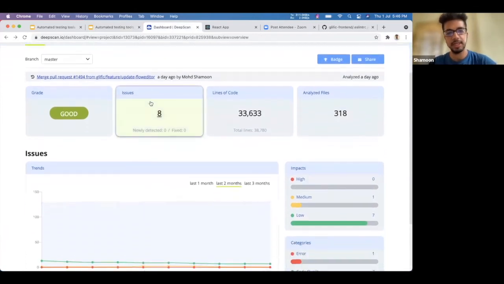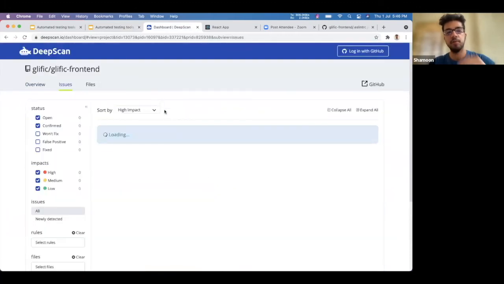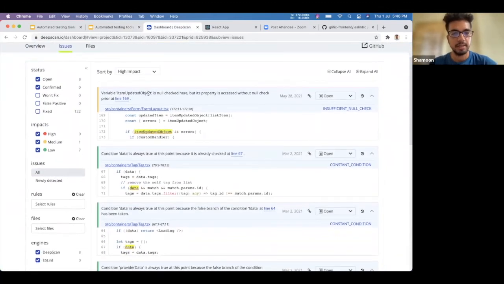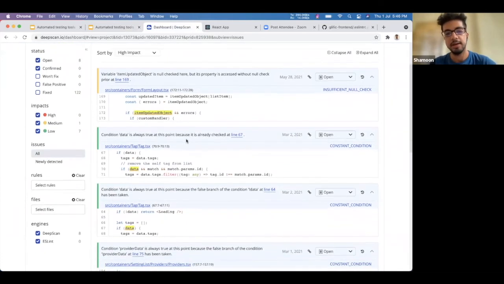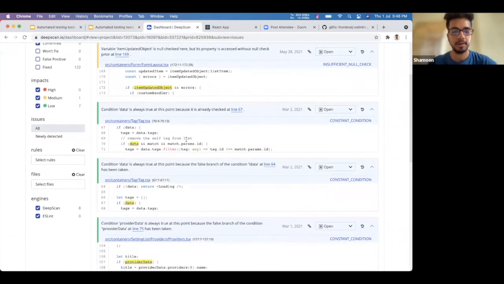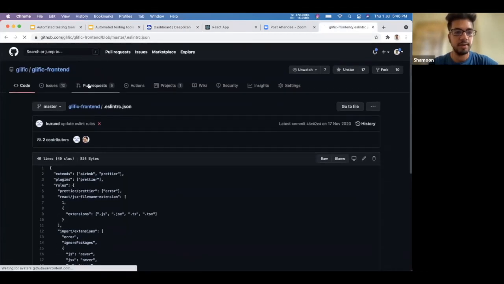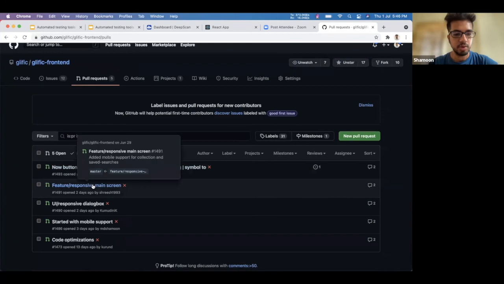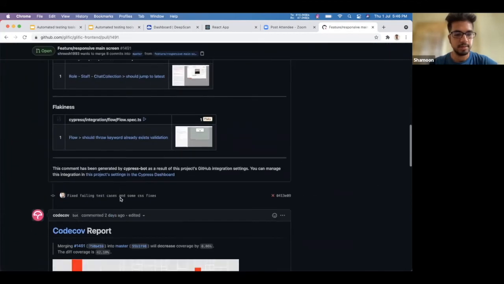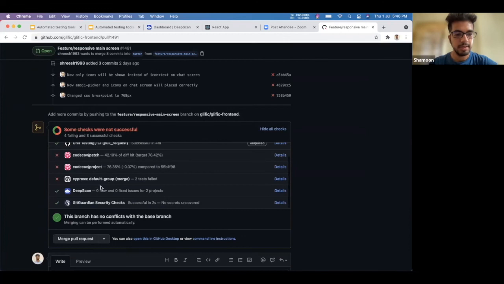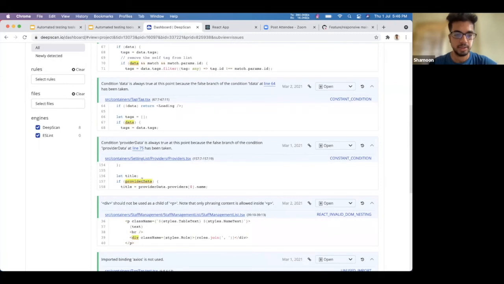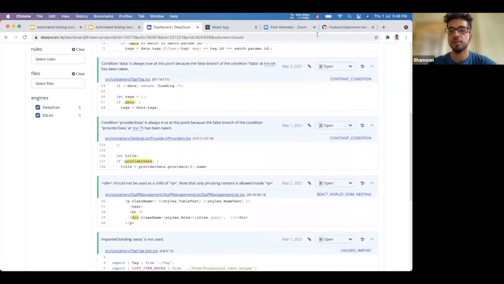And as you can see, this is my DeepScan dashboard. It shows the overall issues in my project, like this item update null checked is here. And these are some things that are not picked up by the linter, and it just checks the overall code for the clean way of writing code. So it runs usually on every PR. If I show you any PR, it shows there are no DeepScan issues. So it usually checks for DeepScan issues in PRs and says this should not have been done, this should not have been done. And it usually helps us write more clean code.